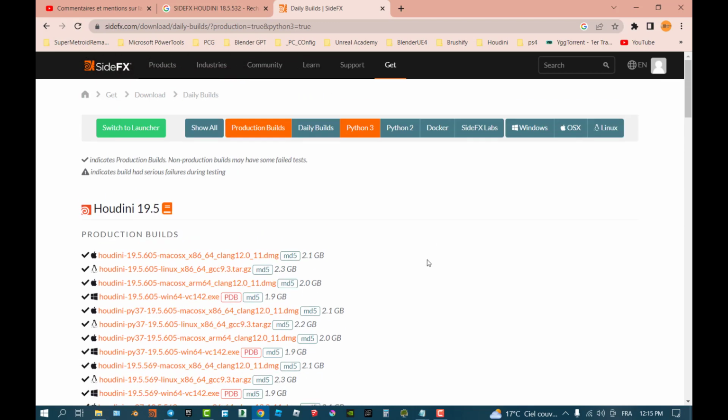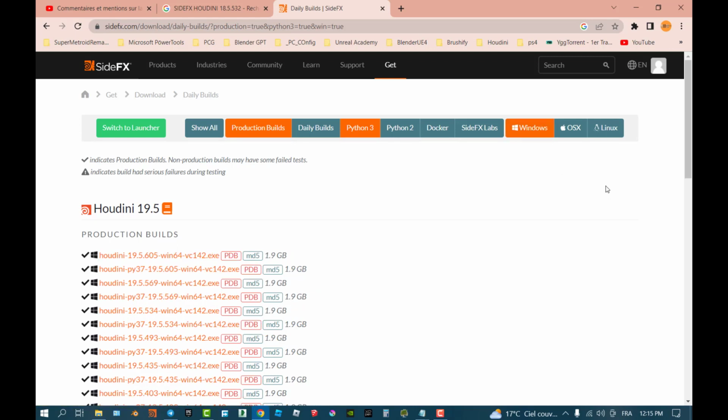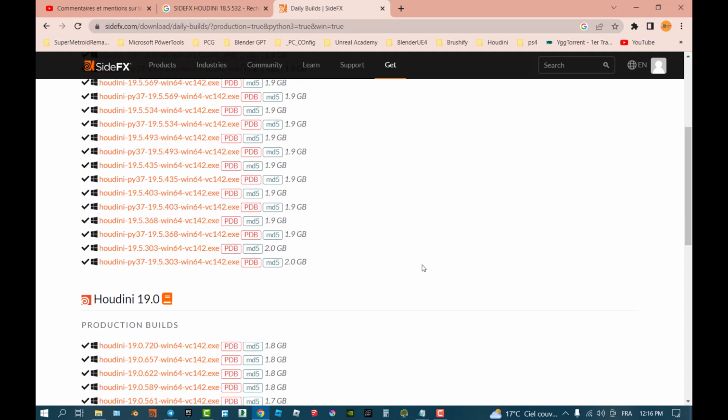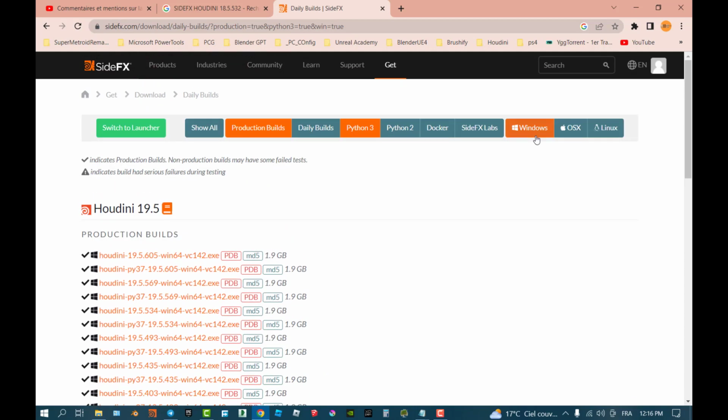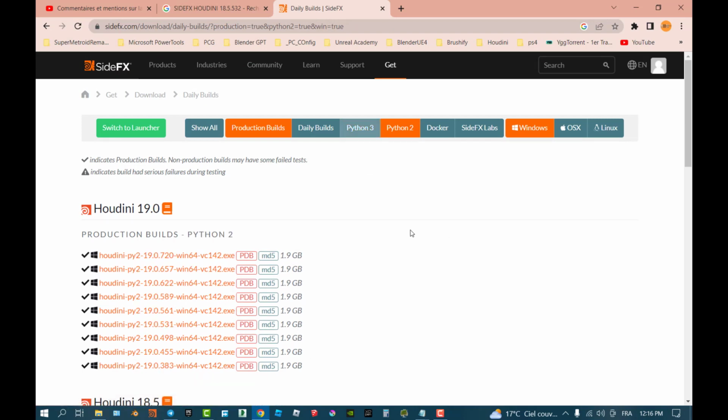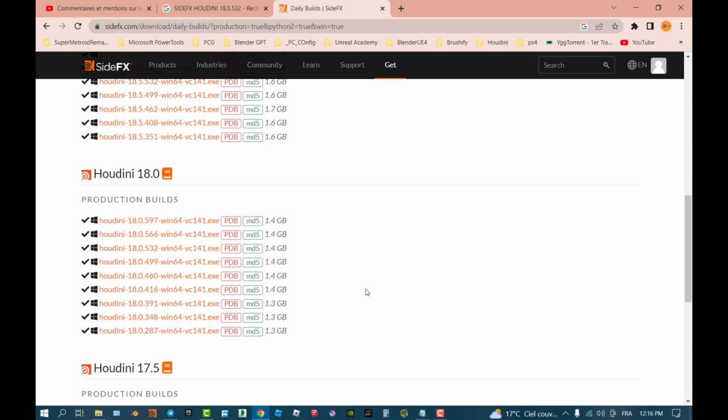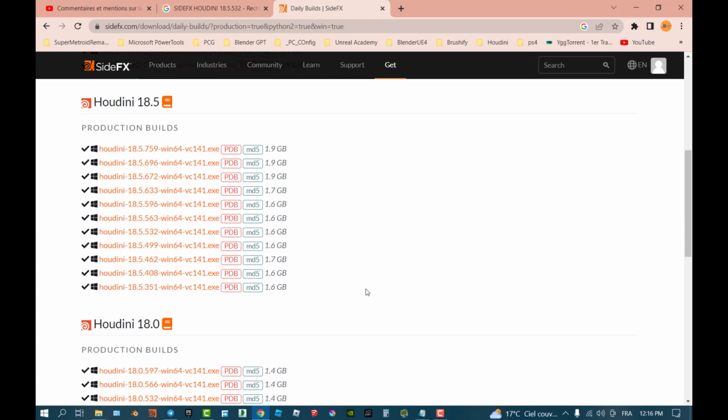So from there, you can go and check only the Windows version. I'm using Windows, so I'll go with the Windows version, and you can see you do have a filter each time you check this. So I will go to the Python 2 and remove the Python 3, and there I can find the version I'm looking for. And this is the one that you should download,